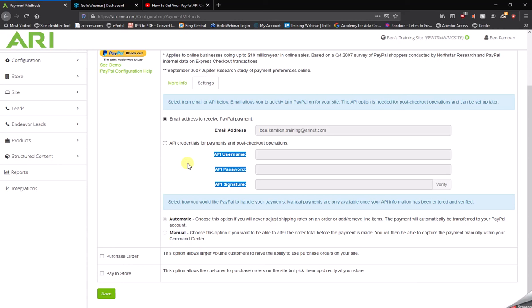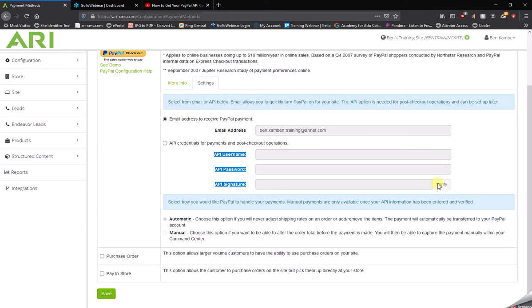And if you have generated the credentials in the past, they will in fact be there, and all you'll have to do is click on a small highlighted area that says Show. But if they're not there, then you will have to go through and generate them. When choosing what form to output them in, there will be about 7 different choices. You'll either want to choose Classic or Signature in order to get API username, API password, and API signature that you see here. Then you'll copy and paste those lines of code into the 3 areas you see here and